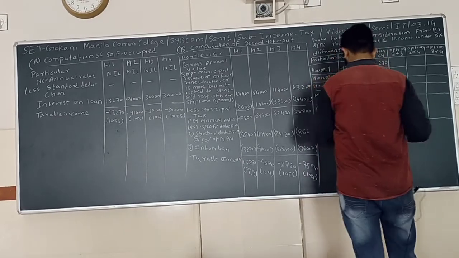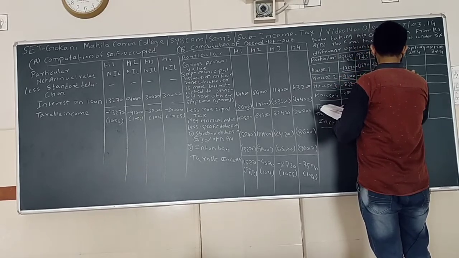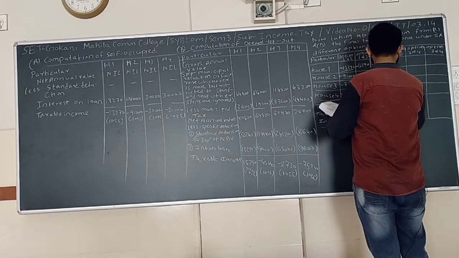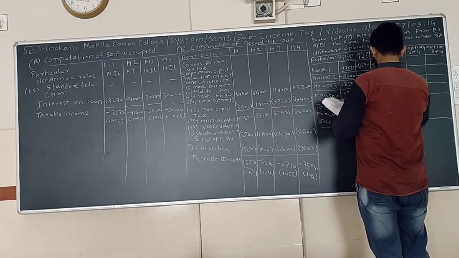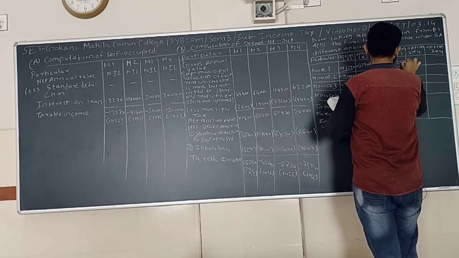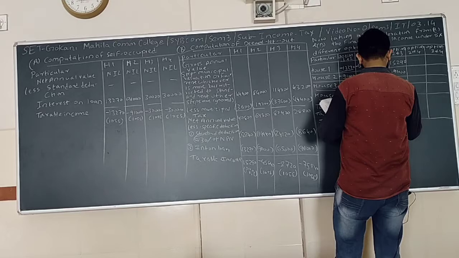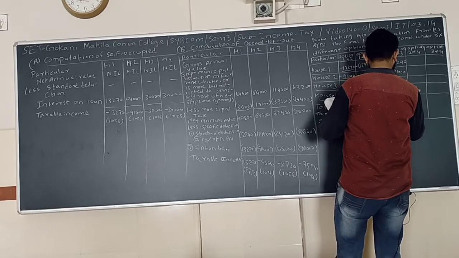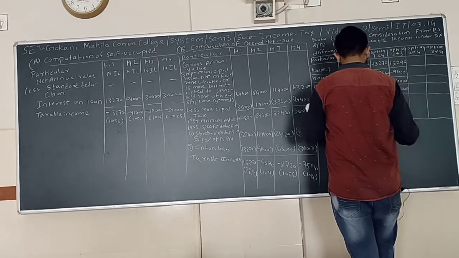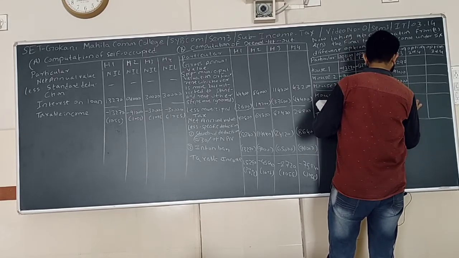For the house 2 and 3 is self-occupied. So minus 91,000 for 2, and for 3 is minus 30,000. So 1 is going to be 15,290. This is the profit for deemed let out for house 1, and minus 75,840 is also the loss for that. So minus 1,81,550. This is also the loss amount.